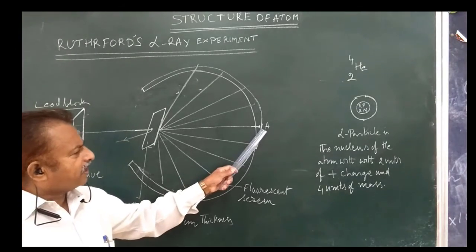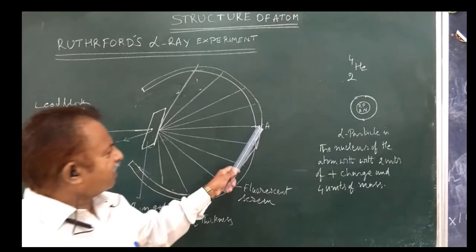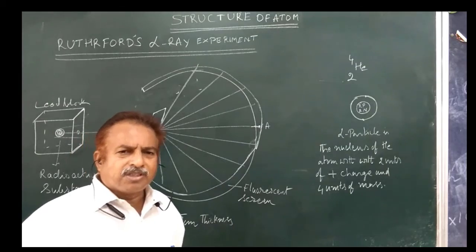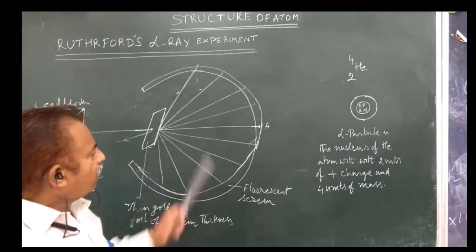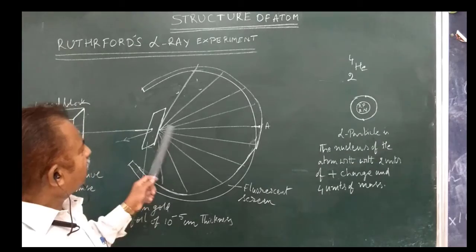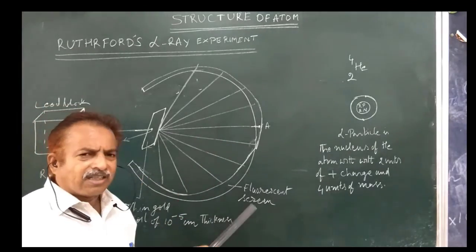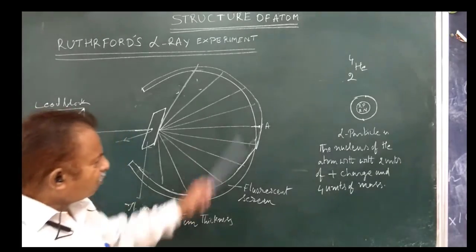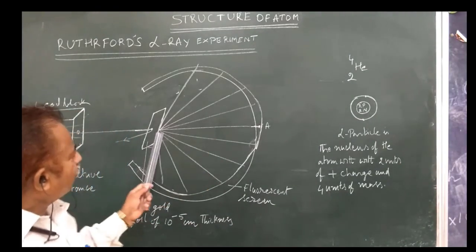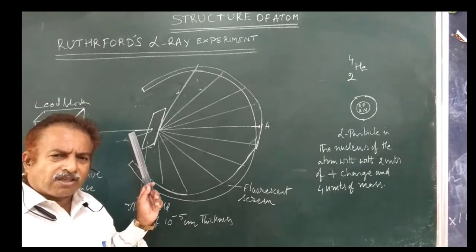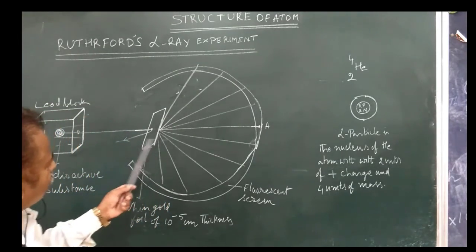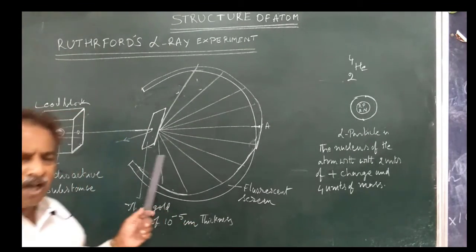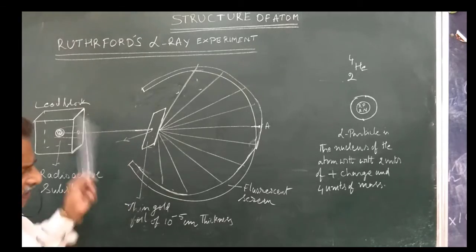So most of the alpha particles penetrated and fell on the same spot, say A, which may be referred to as the usual spot. A few alpha particles deflected through a certain angle, as scintillations are observed at different places on this circular fluorescent screen. And 1 or 2 alpha particles out of 10,000 or 20,000 particles deflected through 180 degrees. That means the alpha particle almost came back.